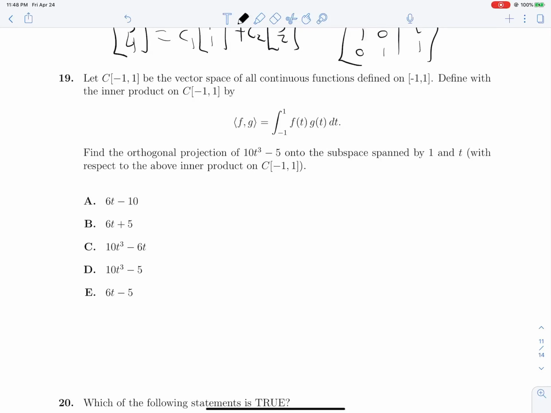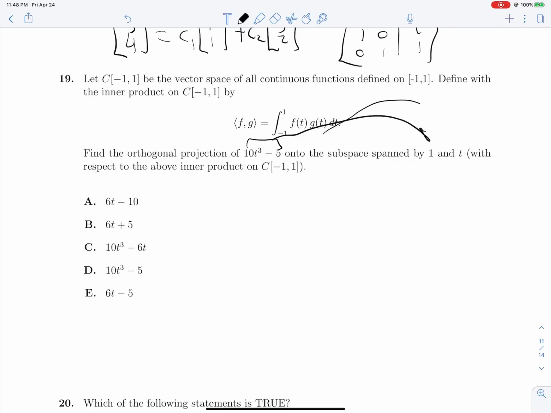19, we have an inner product space question. We're finding the orthogonal projection of 10t cubed minus 5 onto the subspace spanned by 1 and t. So the orthogonal projection will just be the orthogonal projection of this thing onto 1 and onto t, and we'll add those together. So that will be equal to